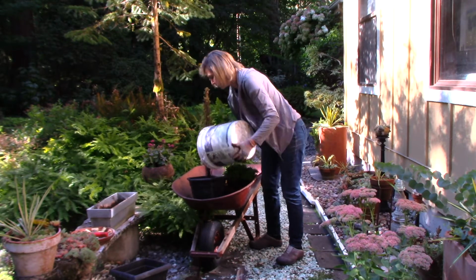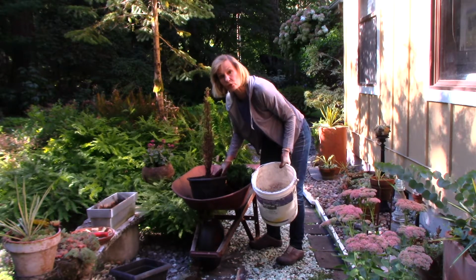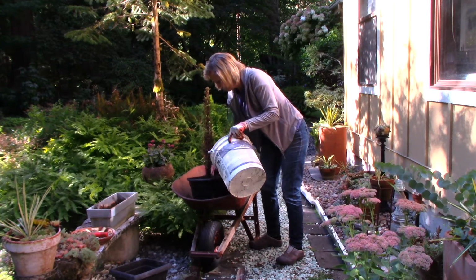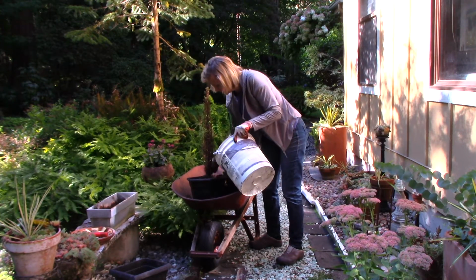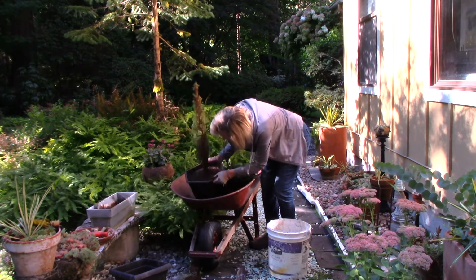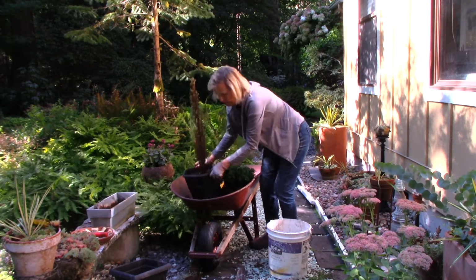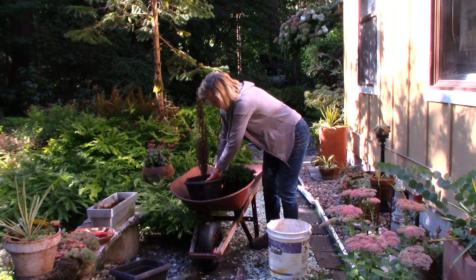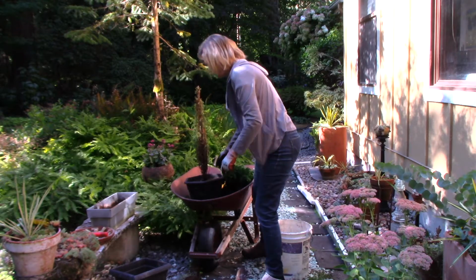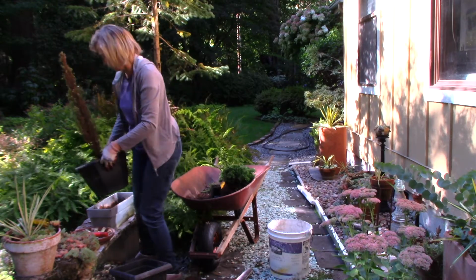I'm not going to fertilize right now because it's fall. If it was spring, I would add some slow release plant food. But just making sure the root ball is covered but not buried. Sometimes a good lift up and down helps settle the soil. Okay, so before I go ahead and water well, I will take my juniper back,